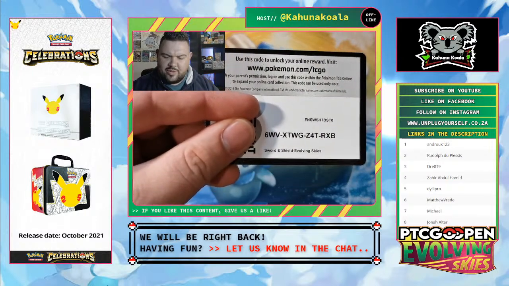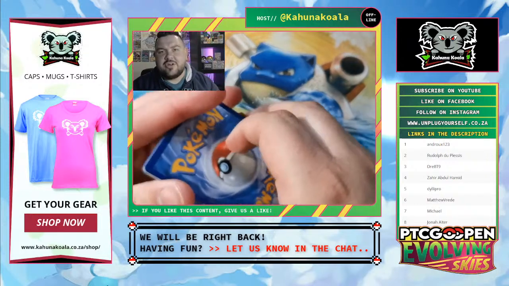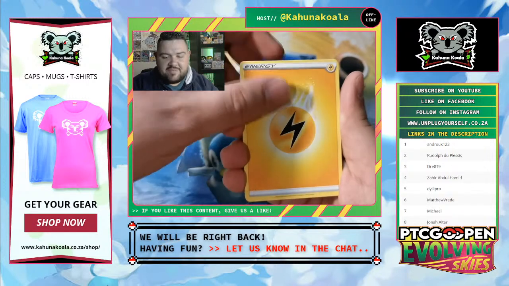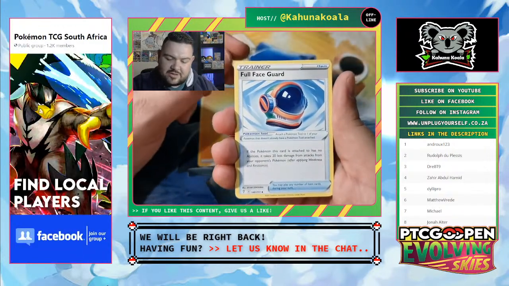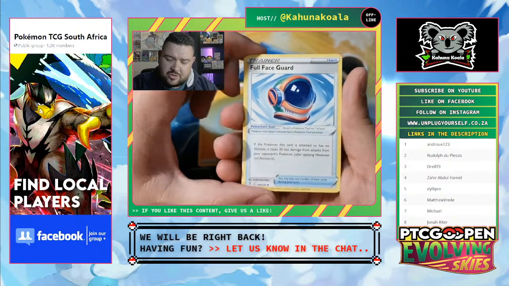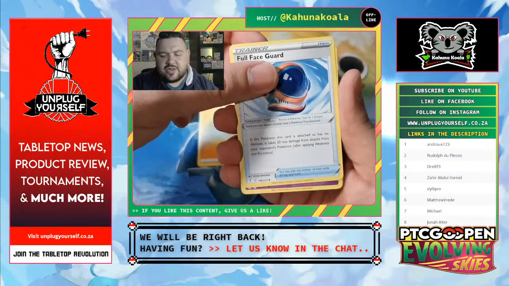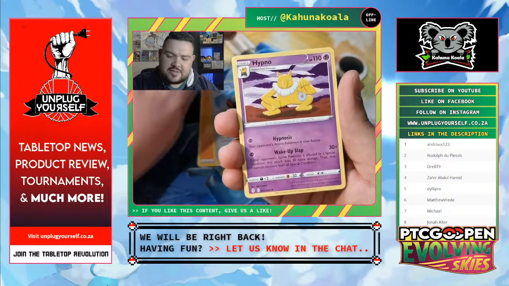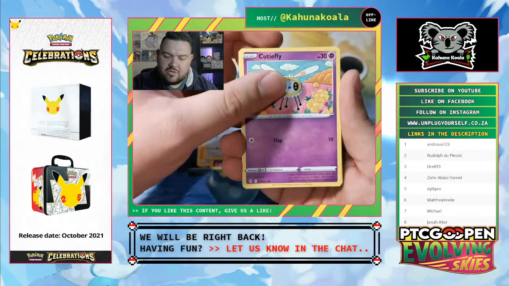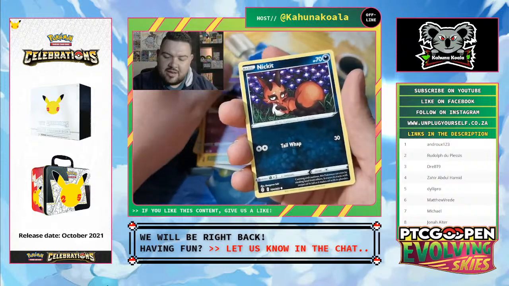There's the code card. Whoa, that code is very low. 1, 2, 3, 4. I'm gonna guess a Grass Energy, and it's Lightning. Okay, cool. Lightning in this set, Fluffy is pretty much everything I want. Full face guard. I'll be going through these a little bit slower because I haven't seen them. So if the Pokemon this card is attached to has no abilities, it takes 20 less damage from your opponent's attacks. Okay, there's a lot of guards and gloves in this set. Hypno, Vigoroth, Single Strike, Cutiefly, Applin, Sableye, Nickit,